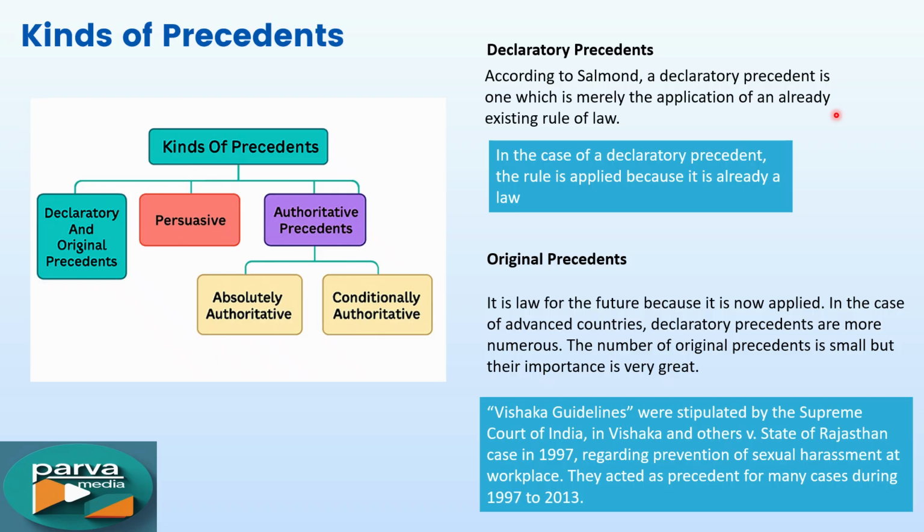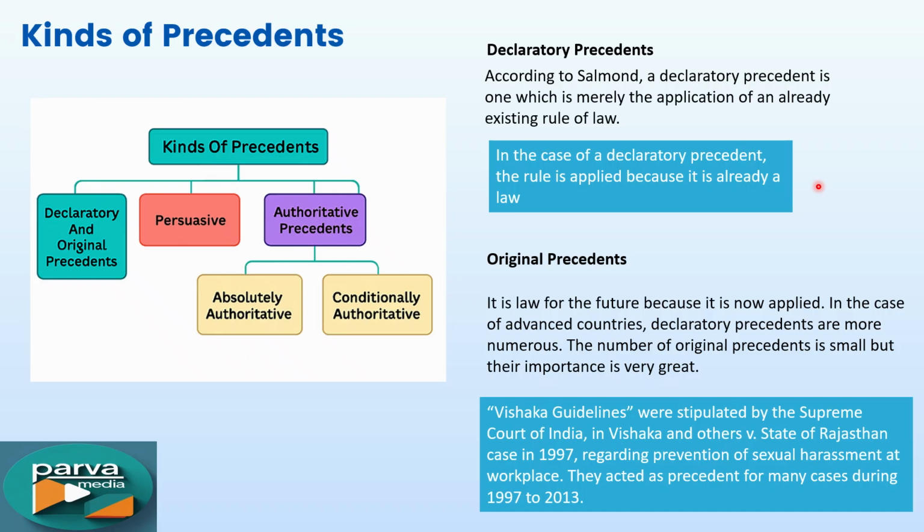So the law has already been made, people are aware of that law, and the court applies the same thing. These are common in advanced legal systems where the body of law is already well developed. So in a country like India, where we have already developed law and many acts have been passed, if decisions are given based on those acts, then it is called a declaratory precedent. Example, if a court applies the principle of natural justice in a routine administrative case, it's reaffirming an existing rule.